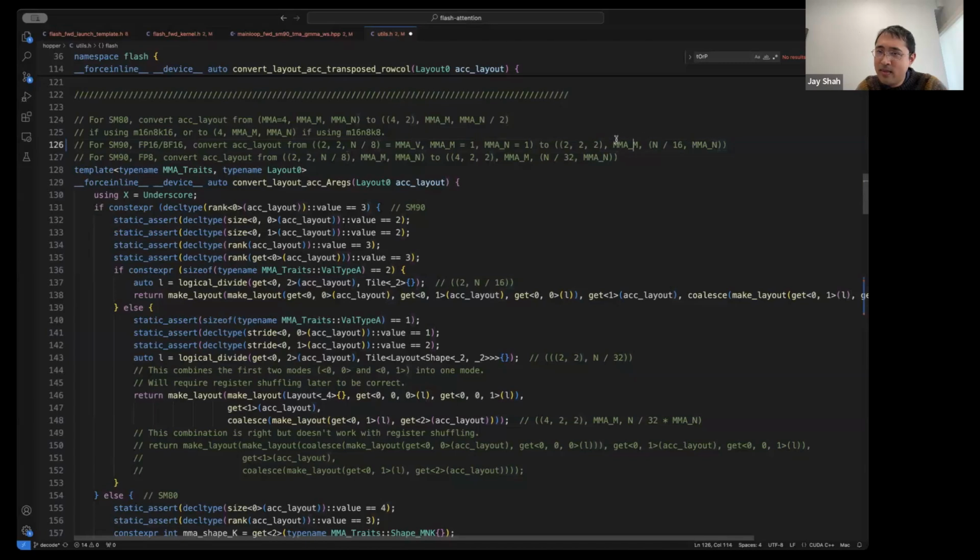But for these modes, I compute them so that it has this shape. This is a reshaping operation in the truest sense, in that it doesn't involve any actual register movement. It's just a change of the view.